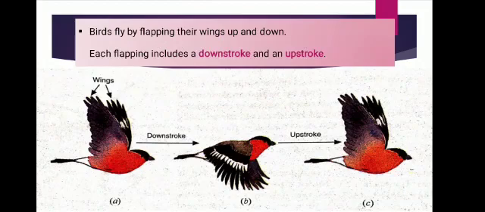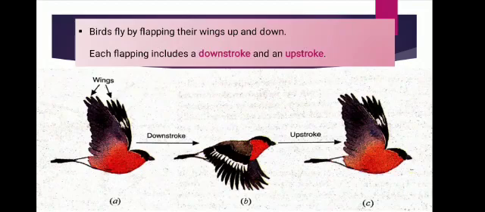During downstroke, the raised wing of the bird goes down and back. When the wings go down, they push the air down and the air pushes up the wings with an equal force which makes the bird go up. Thus, during the downstroke of wings, the air is pushed downward and backward, and the equal and opposite reaction force of air pushes the bird up and forward and makes it fly.